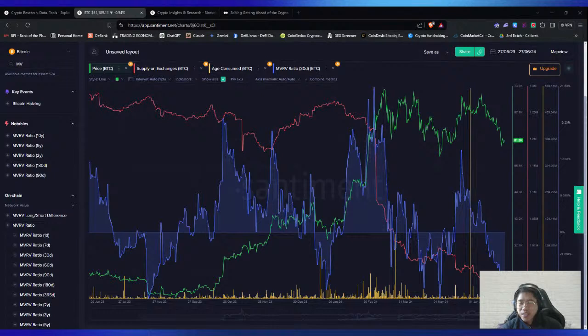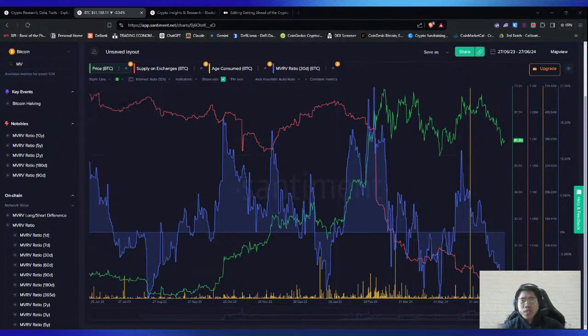So putting it all together and going back to our BTC investor persona, our analysis returned us a bullish indicator in supply on exchanges, a bearish indicator in age consumed, and an indication of an opportunity from the 30-day MVRV ratio. So if we mix it all together, this gives us a result of two bullish indicators out of the three, which could be enough for our persona to start to buy BTC in tranches at these prices.